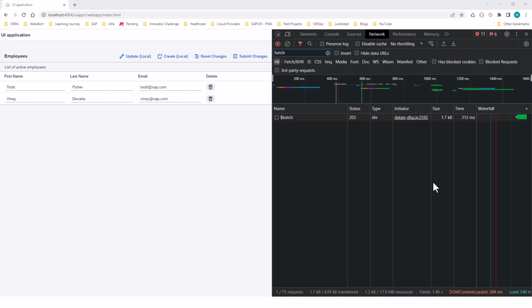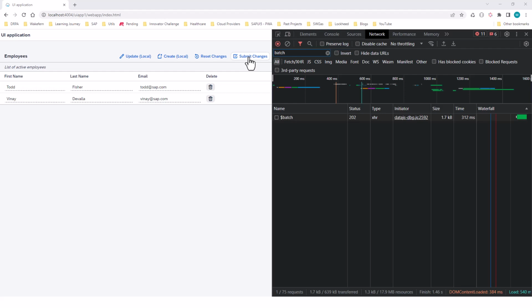backend. So for example, right now we have the submit changes button, but when I click on the submit changes button, all the changes that have been made to the model are now sent to the backend. But SAP UI5 provides fine control over what can be submitted to the backend as well. By default, all the changes made to the model are sent to the backend. But let's say you want to only send a subset of the changes to the backend, you can do that